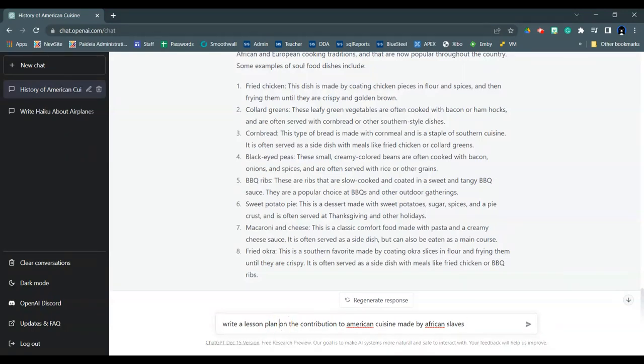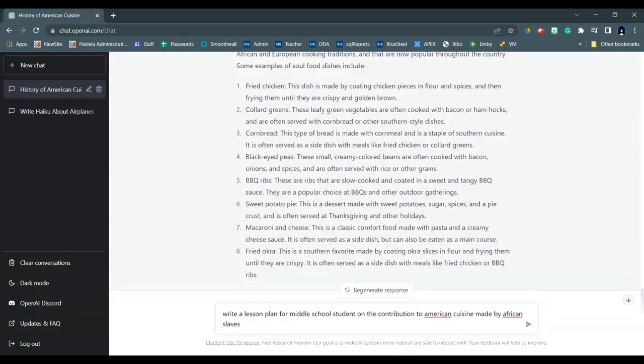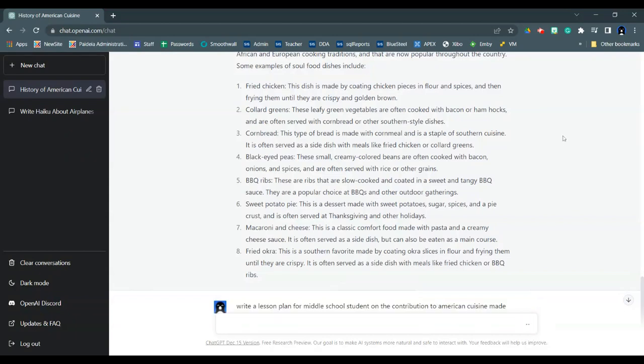And actually, I'm going to say write a lesson plan for middle school students on the contribution to American cuisine made by African slaves. And I'm going to pause yet again because it's going to take a while.